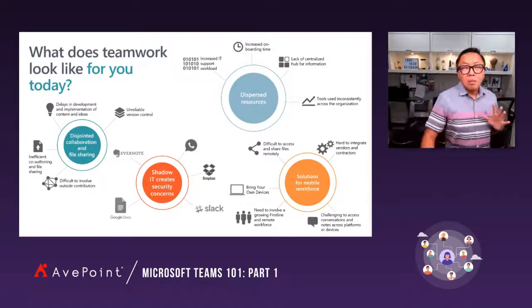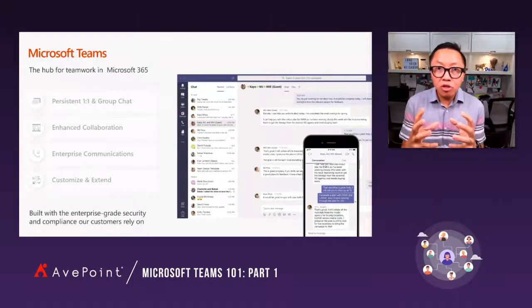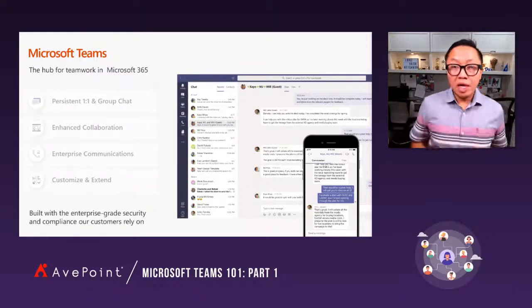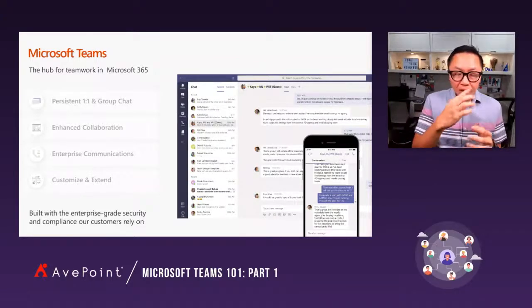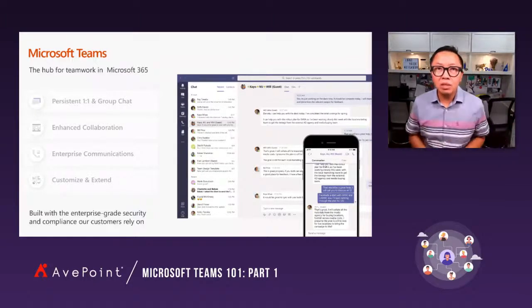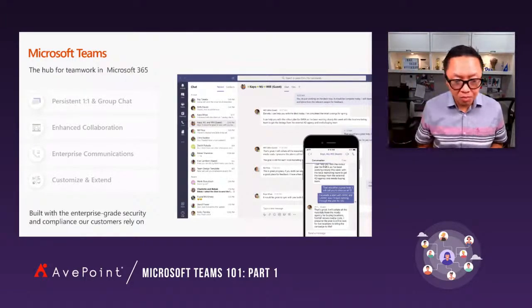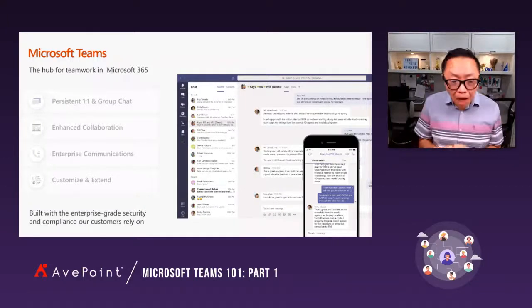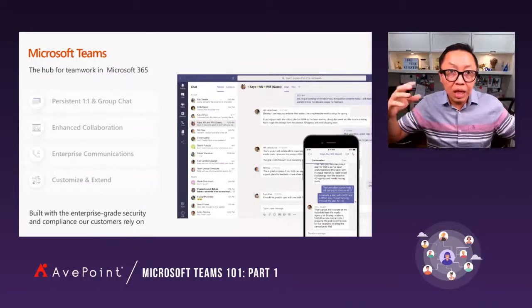And this is what Microsoft realized about 3-4 years ago, and they said, we need a better way to get people to work together. And again, working is not just working on a document or a file, right? There are different layers of working, and boy, when they came up with Microsoft Teams, it truly revolutionized how we can work. Because Microsoft Teams is the hub for teamwork, and when we say hub, it's that one-stop shop, and provides multiple capabilities. And this is a big shift on how we work.